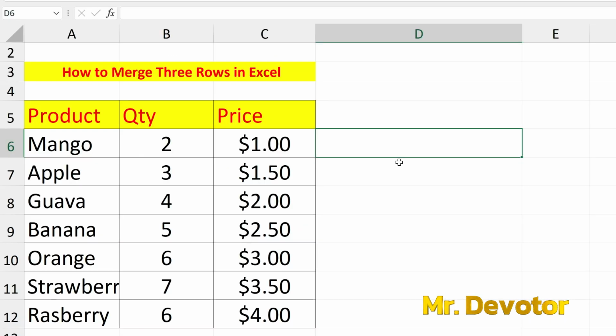So if you want to combine the content of the three rows into a single cell without losing data, you need to use a formula. The first formula is TEXTJOIN. So for this you need to put the equal sign, type TEXTJOIN,